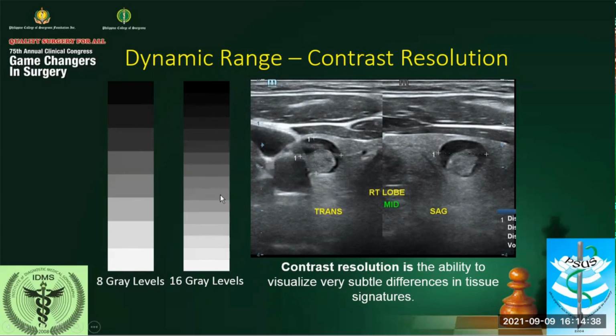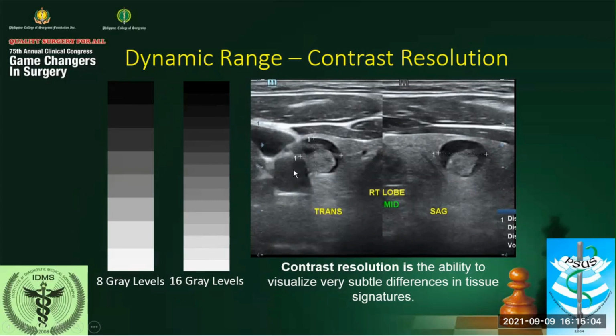On the other side here, you have 16 gray levels. So most machines will have 256 gray levels, but it's very difficult to display that. So let's do with this. So look at these two illustrations. If you increase the number of gray levels, then the image will become smoother.